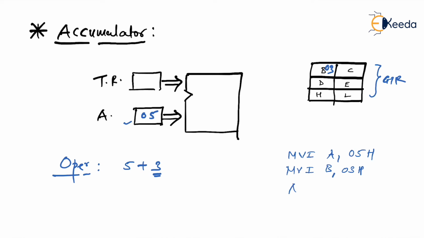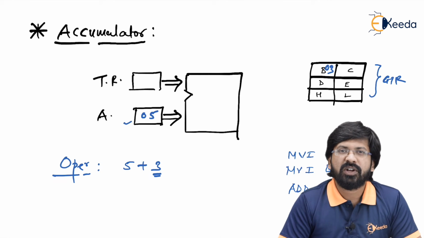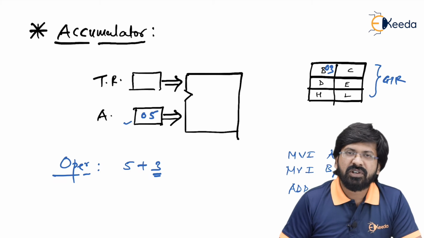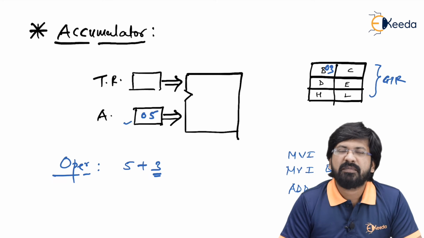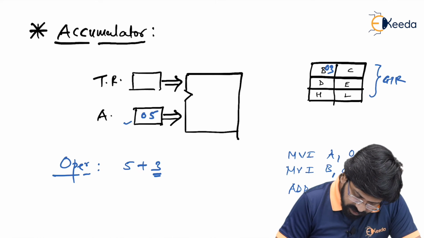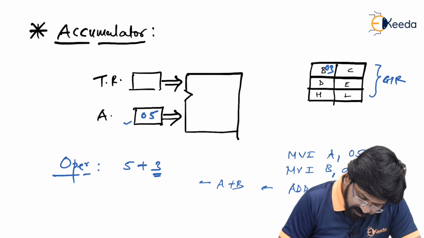So we have one instruction called ADD B. Try to understand, I have specified only one register here, that is B. Even though I want to add it with accumulator, the microprocessor by default knows that one of the data is already stored in accumulator. So what happens in the ADD B instruction, it adds the content of register B by default with the content of register A, and whatever result comes, it automatically goes into A register. So I can write the working of ADD B like this: content of A gets added with content of B and the answer goes to A. So this is the working of the ADD B instruction.